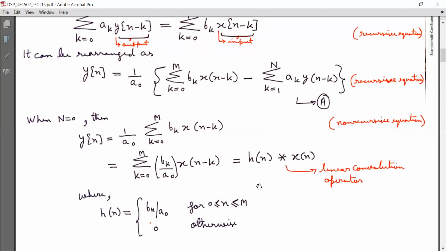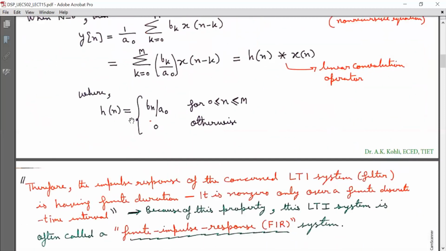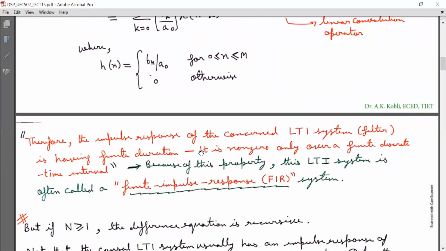So this is the output of an LTI system, and this impulse response can be of a filter. So an LTI system can be a filter. Here this impulse response is finite. Therefore the impulse response of the causal LTI system concerned,